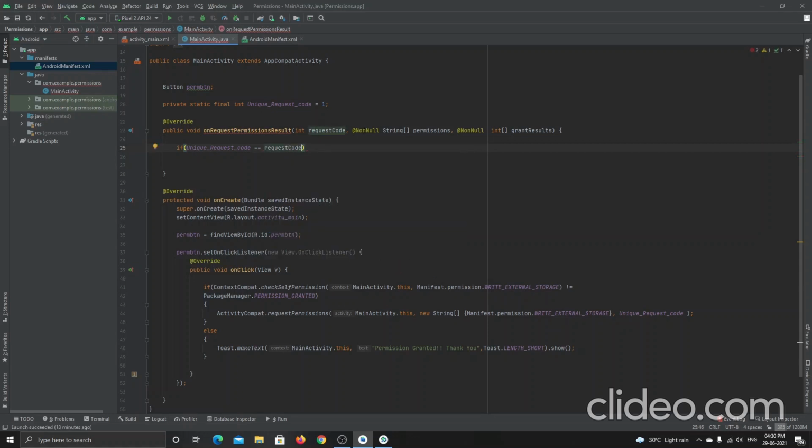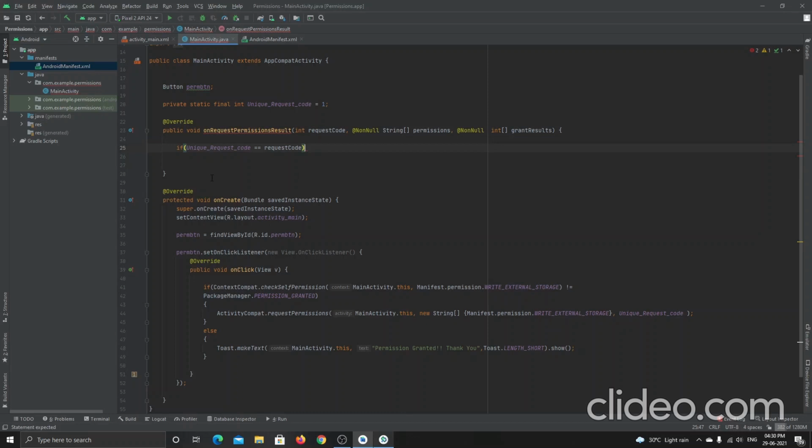See, this is the request code I'm checking the condition for. If this request code is 1, equal to 1, then only I want to search for the error, or I want to ask for the permission.